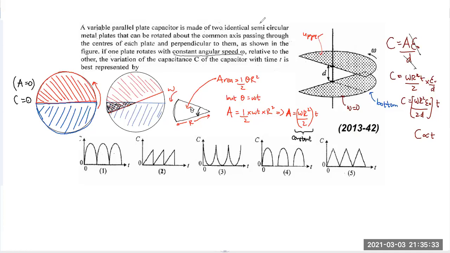Okay, so based on that, these graphs are definitely wrong. Non-linear graphs are wrong. Then, if you are supposed to choose between 2 and 5, what do you think is the best answer between 2 and 5, people? What do you think is the best answer between 2 and 5?